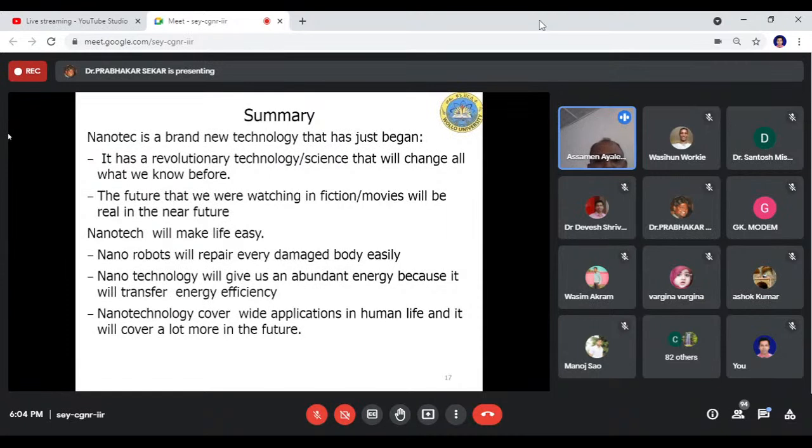This is because of the new properties we have seen before, which come from the small size effect, the shape, the composition, and the quantum confinement effect. So the world will be changed a lot. Nanotechnology will make life very easy. I strongly believe that the application of technology, or of engineering, is to make life very easy. So, for example, nanorobots will